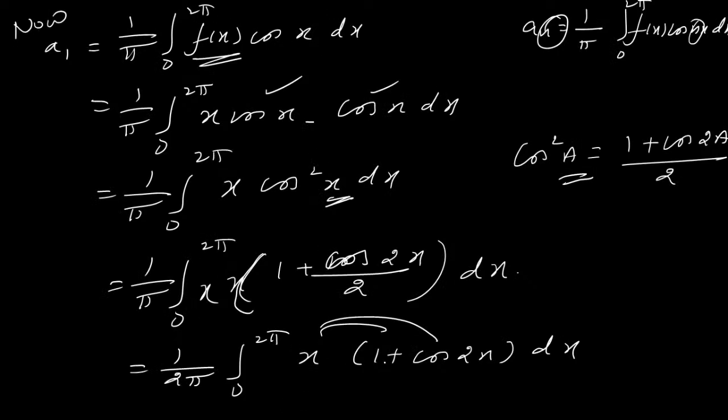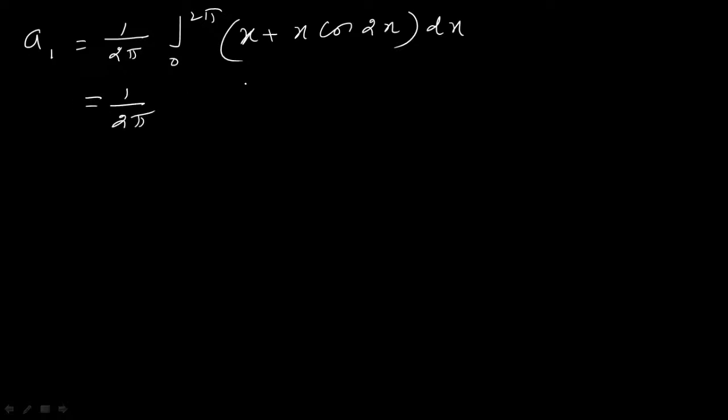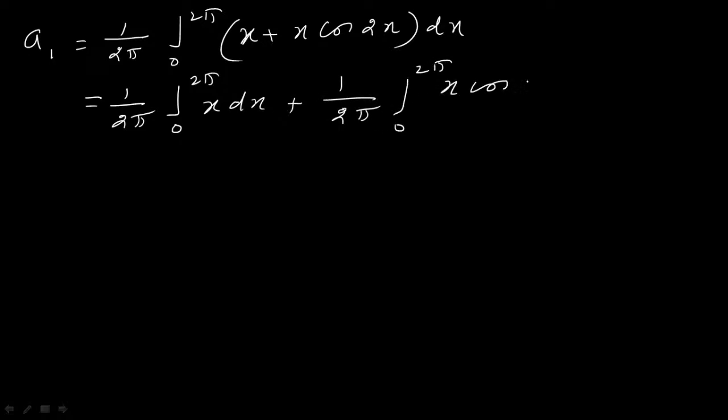So your a1 is equal to 1 by 2 pi integral 0 to 2 pi. If you take x inside, what happens? x plus x cos 2x dx, isn't it? Let me separate this integral into 2, that is 1 by 2 pi, or otherwise you can integrate this directly too, that's not a problem. Integral 0 to 2 pi x dx plus 1 by 2 pi integral 0 to 2 pi x cos